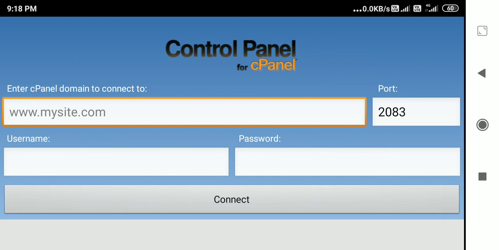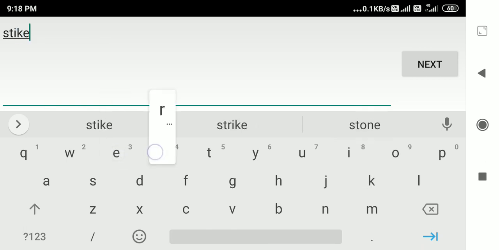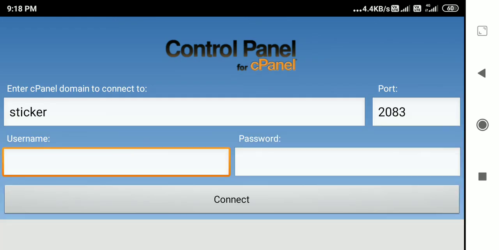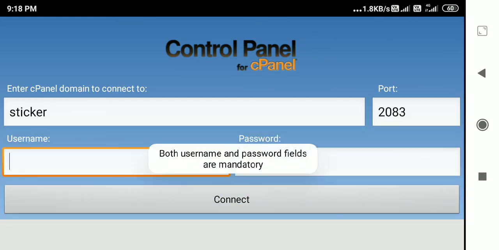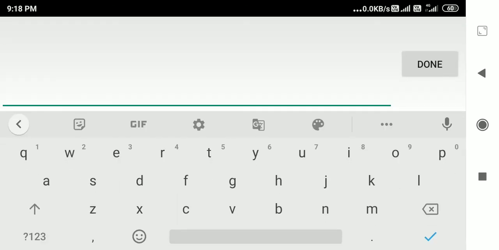I am running a server there. First of all, I was running a server there and gave the server name for that particular client. Now if I include that particular name here, then it will give... Now I'm trying to connect to that particular thing. Both username and password fields are blank. Username is something like that.